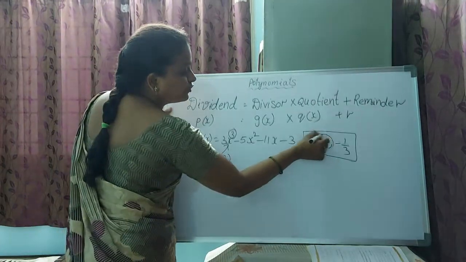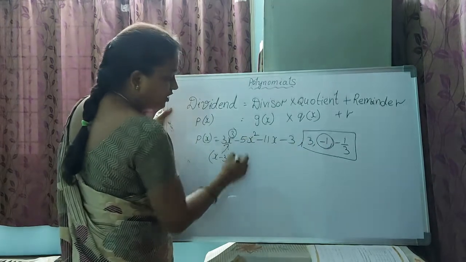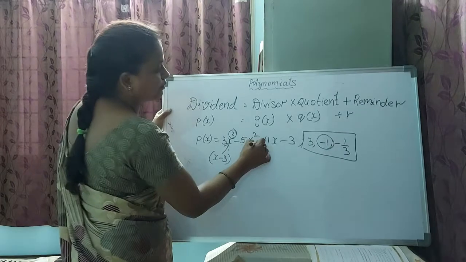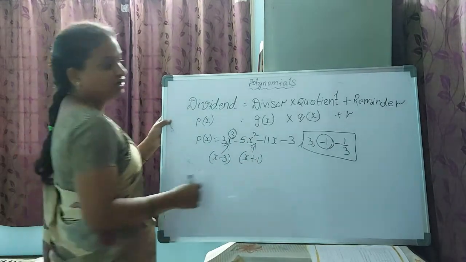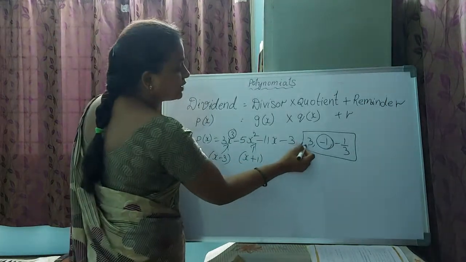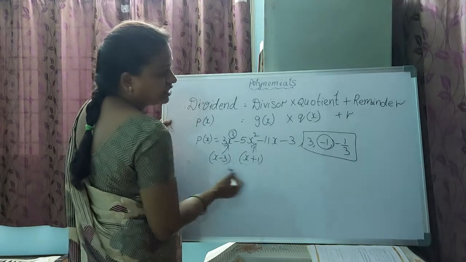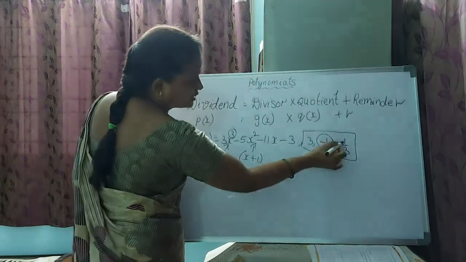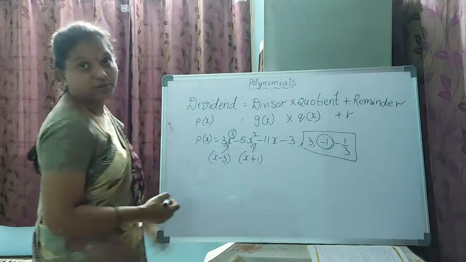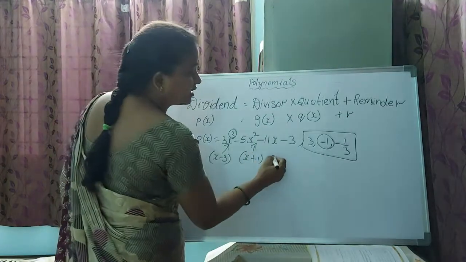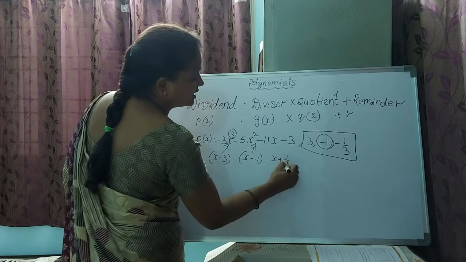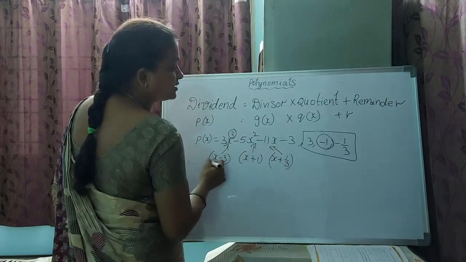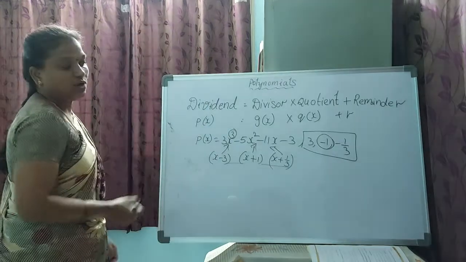Next, if you take minus 1 as the zero of the polynomial, x plus 1 is the factor of this particular polynomial. Okay, understood. See, here it is plus means it becomes minus here. Here it is minus means it becomes plus here. So here also minus 1 by 3 is a zero of the polynomial. If it comes to the factor, x plus 1 by 3 is the factor of this particular polynomial. These are the three factors of this polynomial.